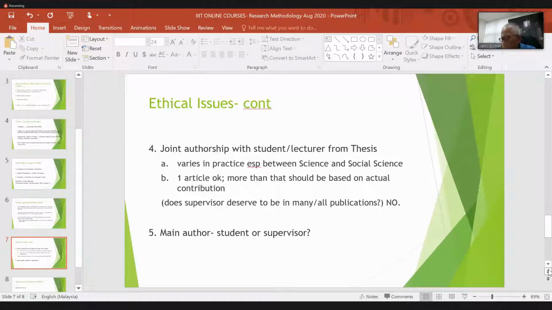Is the main author the student or the supervisor? On first glance, it may not be very difficult. You will say student. But I do know when it comes to publication level, sometimes in order for a journal to publish the article, the student may say, or even the supervisor may say, put my name first. You will have a better chance of getting the article published. Personally, to me, if it is a student's thesis, it should be the student who should have the main authorship. Okay? So these are just some ethical issues.